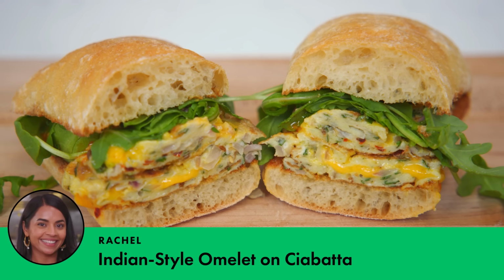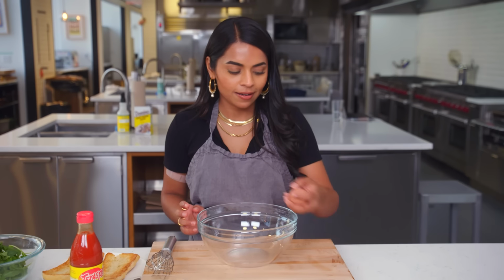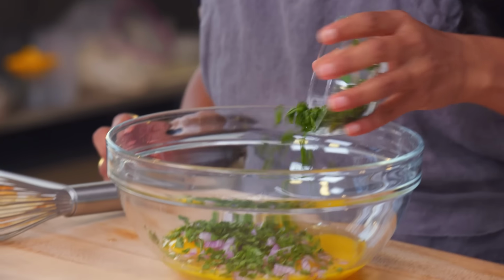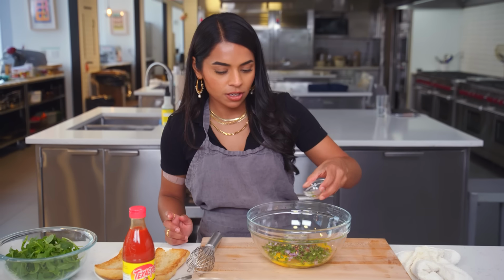I am making an Indian style masala omelet breakfast sandwich. Back in India, you have stalls that are dedicated to egg dishes, from boiled to fried to like different versions of this masala omelet. When I was thinking of this recipe, I knew I kind of like had to pay a little bit of an ode to them. So I'm gonna start by cracking. Okay, let me see if I can do it with one. I did it. Then some chopped red onion, cilantro, cumin seeds, red chili flakes, and then some green chili and